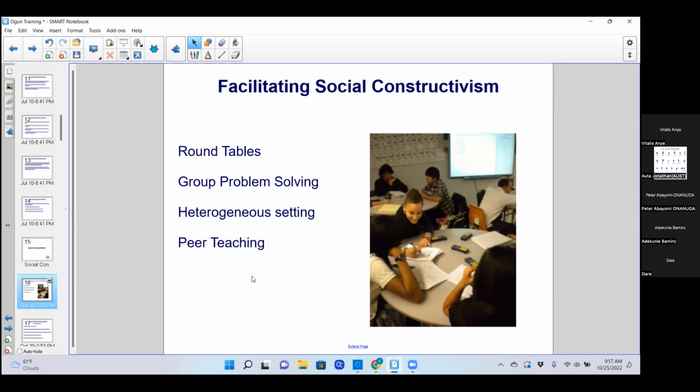Where if we make them all different levels, believe it or not, even the lower kids are going to help the higher students see things in a different way. The higher students are going to be able to relay that information that you just taught back to their classmates. It's so hard to really stop and admit, but so many times they can teach each other better than